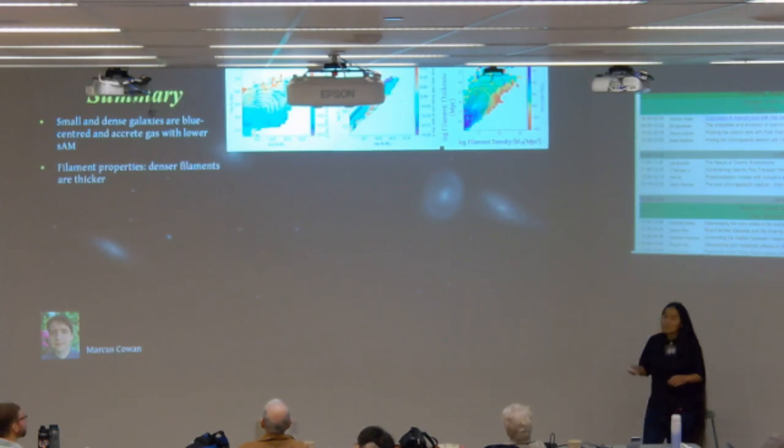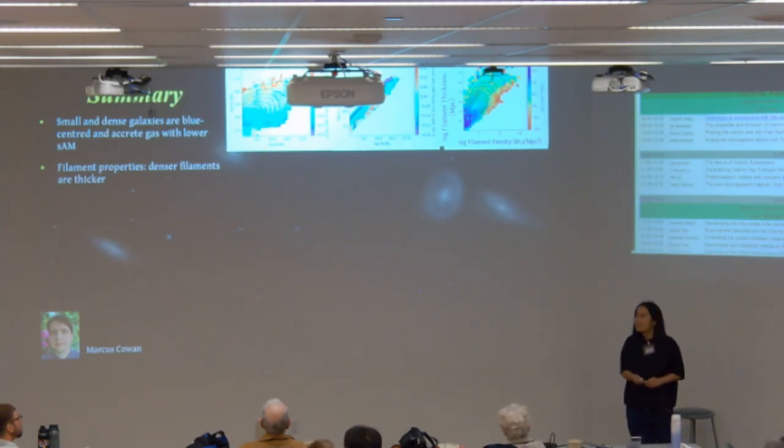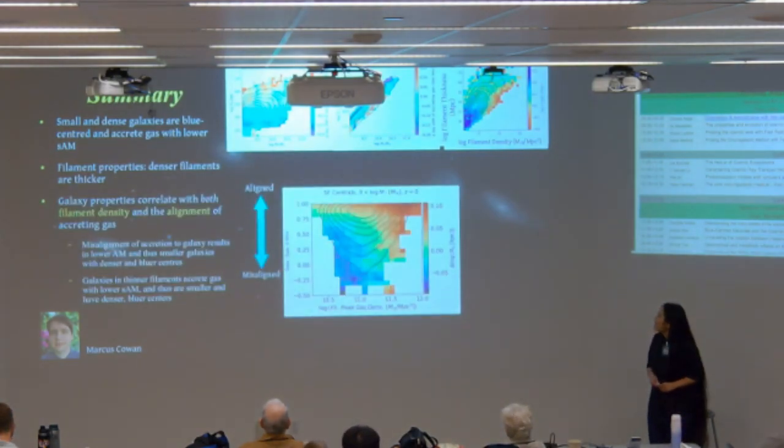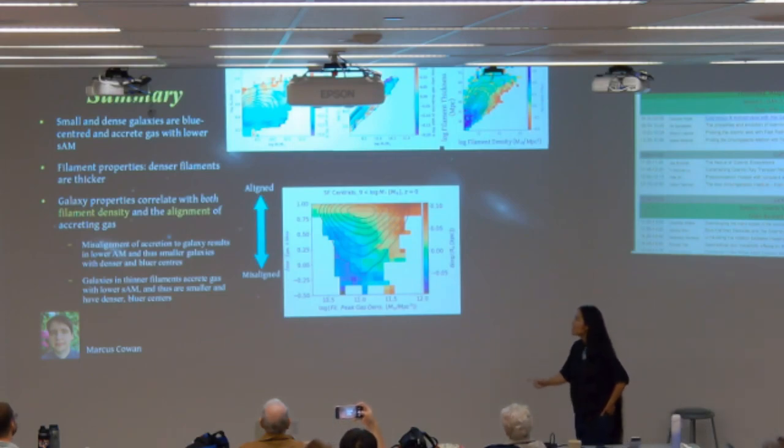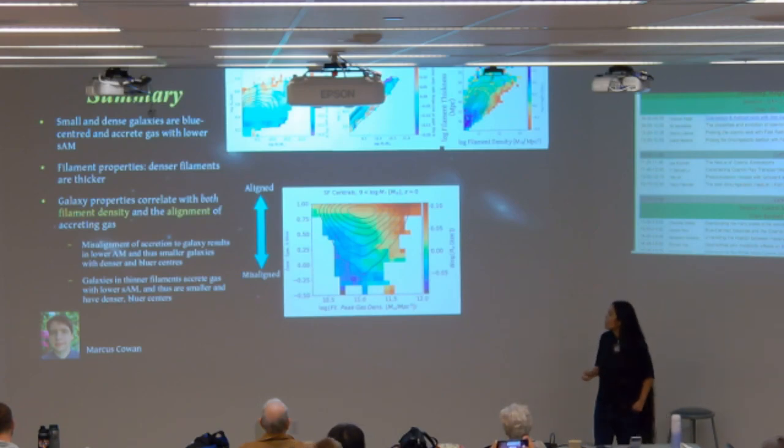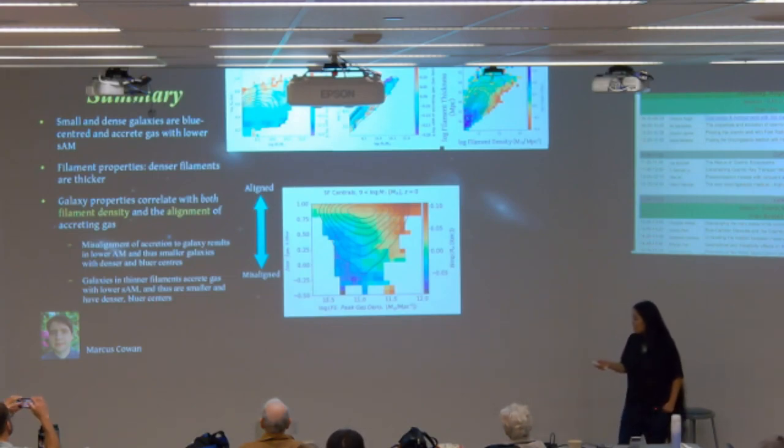And in terms of the filament properties, denser filaments are thicker and thinner filaments are less dense. And also the galaxy properties correlate with both filament density and the alignment of the accreting gas. Okay, so the misalignment of accretion to galaxy results in lower